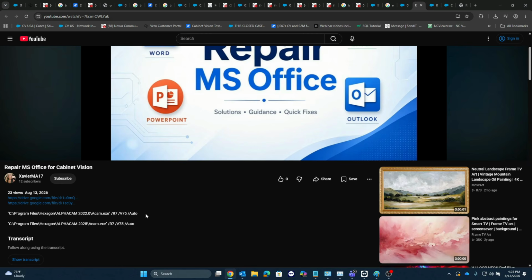So if you're running Cabinet Vision, I believe anything up to 2024, you would be running ALPHACAM 2022. Anywhere from Cabinet Vision 2022 on up to 24, you're going to run this ALPHACAM 2022 checker right here at the top. I'm going to copy this,